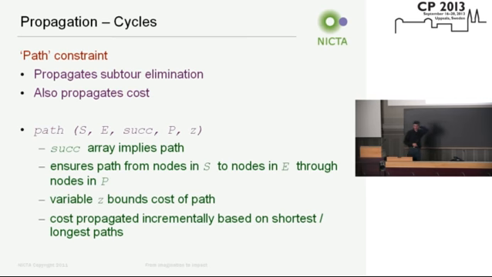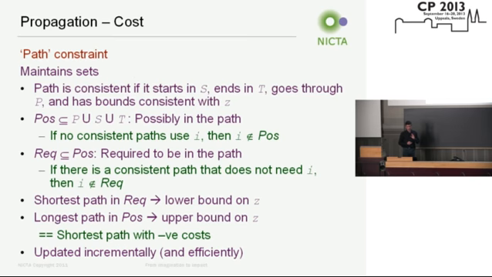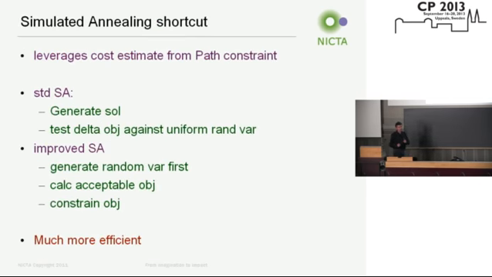The path constraint is actually interesting. It does some extra stuff as well as propagating the subtour elimination. It also propagates cost, and this is a really interesting thing. I won't go into it. You can have a look at this later if you want, but the interesting thing is why that is so good. It means that you can do some eliminations based on cost, and these are really important when